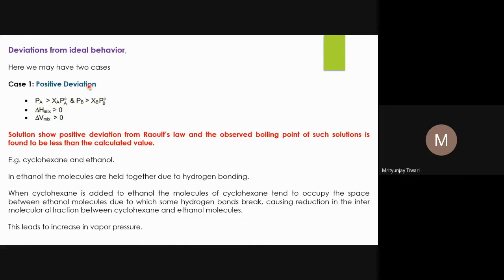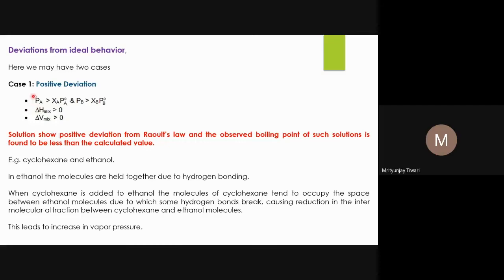Why positive and why negative? This is because of the vapor pressure that we obtain. Suppose you mix a solute and solvent together to form a solution, and we observe the vapor pressure of a volatile component. Suppose in one case the solvent is the only volatile component. You can also calculate the vapor pressure from Raoult's law. Raoult's law means the mole fraction of the solvent in the solution times the vapor pressure of the pure solvent. This should give the vapor pressure in the gaseous phase over the solution according to Raoult's law.